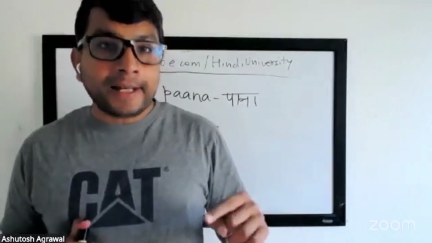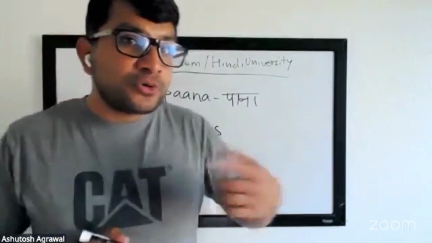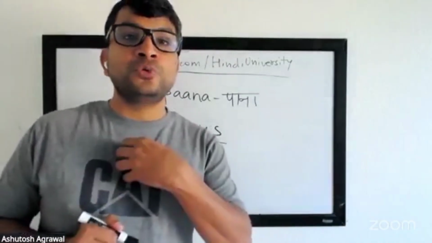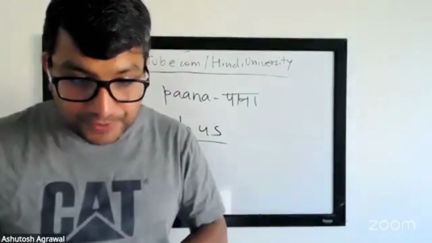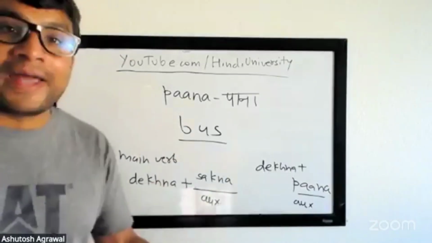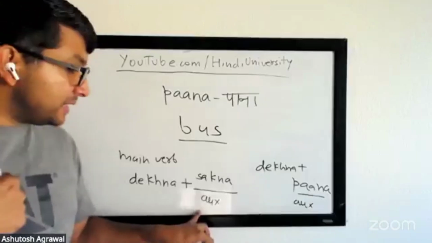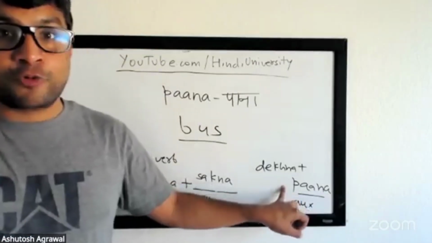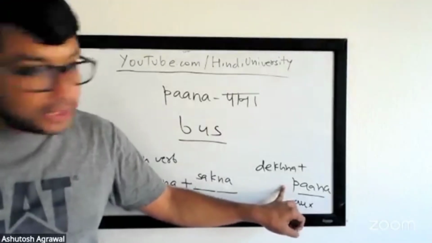Okay, and as a result, when a user is unable to do something, it will also look at whether it is due to the inability of the user or whether it is external influences. Okay, I was unable to see, or I couldn't manage to see, or I couldn't see. If it is something to do with me, I will use sakna. If it is something to do with outside forces, whether it was dark or the lights went out, you are